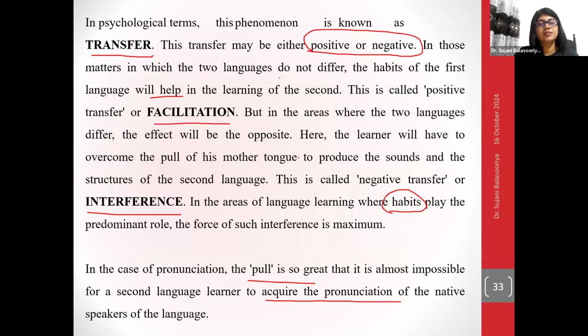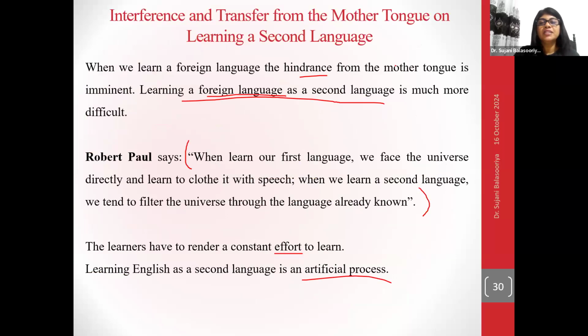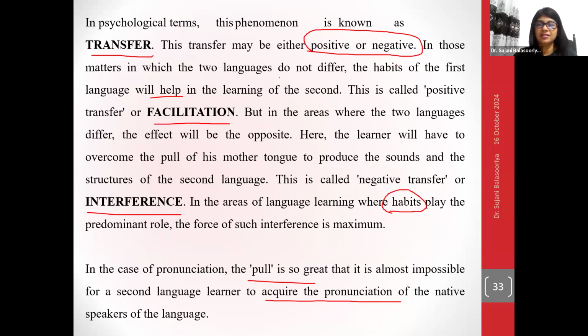Okay, so that is the idea given here because of this pull of the mother tongue. So far I was talking about this mother tongue interference. Now all the time you don't have to take it as mother tongue interference, right? There is a positive side as well, facilitation. But rather than the facilitation, it is the interference, because you find the mother tongue and the second language not very similar. The second language is more or less English for all of us, and the mother tongue is either Sinhala or Tamil. So there are more differences between Sinhala and English as well as Tamil and English.